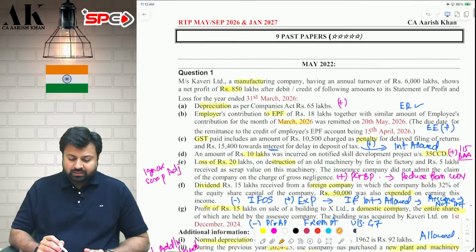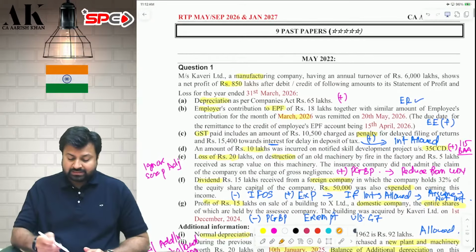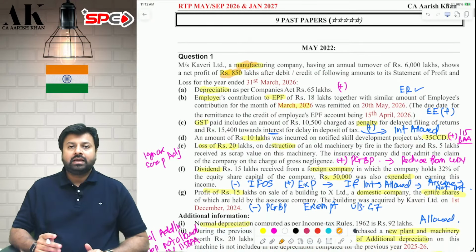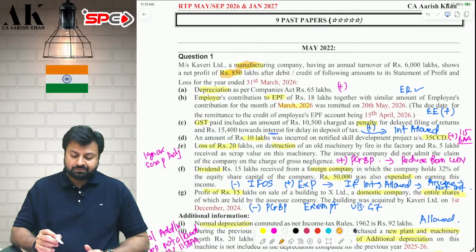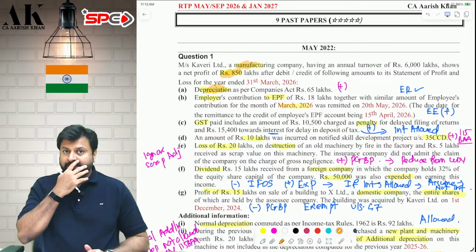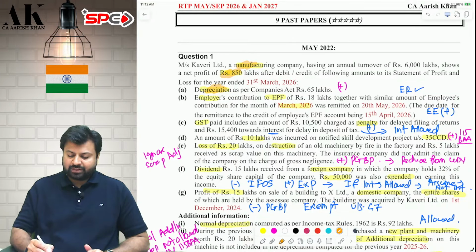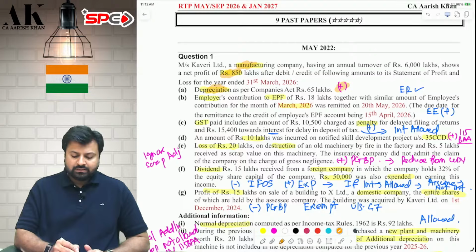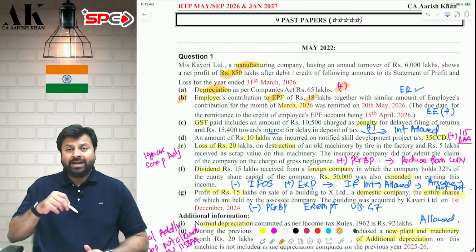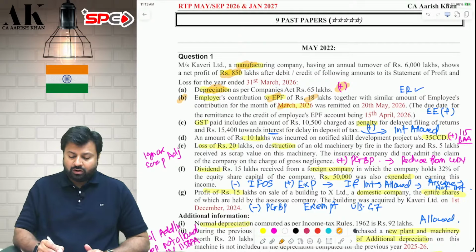Now, the very first line is, assessee is a manufacturer. The profit of the assessee is 850 lakhs. And then they have given us some adjustments which are debited and credited to the P&L account. The very first adjustment is a routine adjustment of depreciation, which you will add back because it is as per the Companies Act. The second adjustment says that employer contribution of 18 lakh and employee contribution of 18 lakh